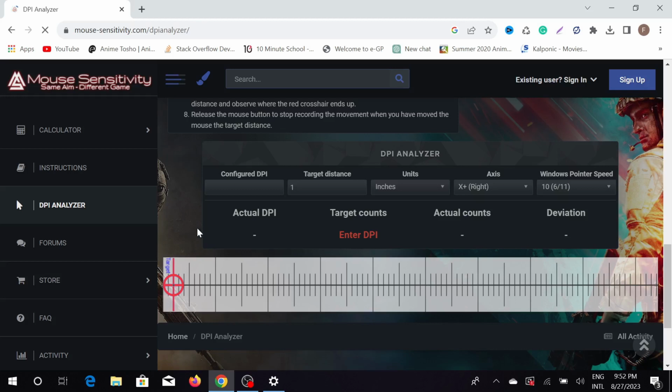You can also use a real ruler to slide your mouse 1 inch and then click this red target here and slide your mouse exactly 1 inch. It may take a few attempts to exactly find 1 inch mouse DPI. So keep doing it until you're satisfied with your 1 inch, and in this way you can find your actual